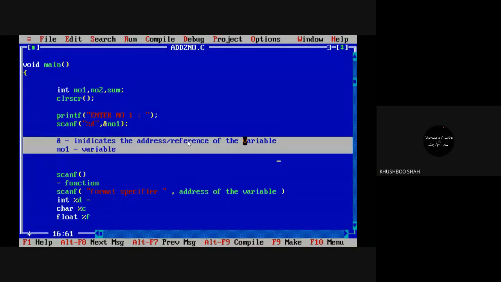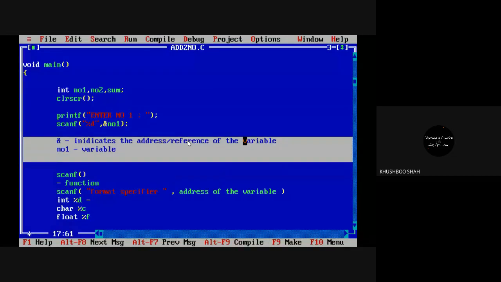Ma'am, there is the printf function to print something. Then scanf, what does it do? Scanf is used when your system or compiler takes the value from the user.